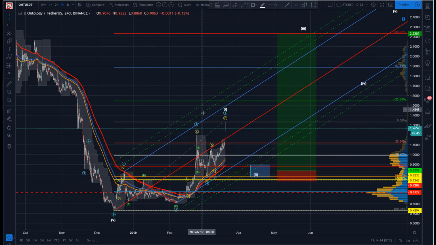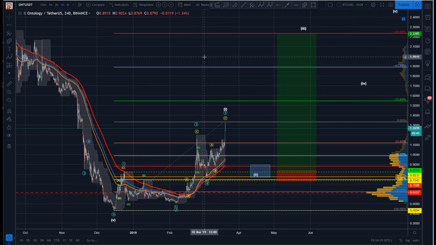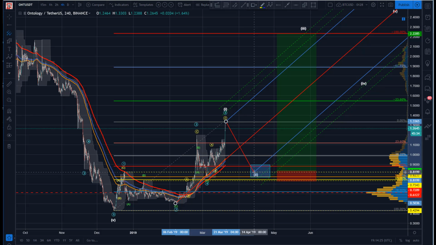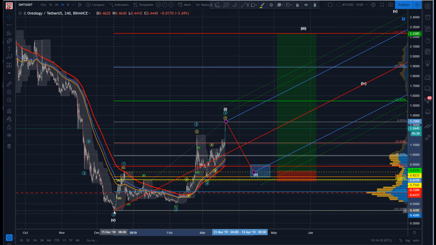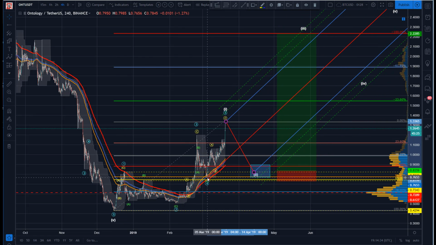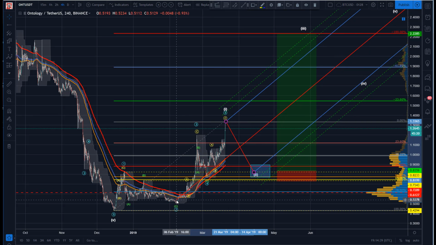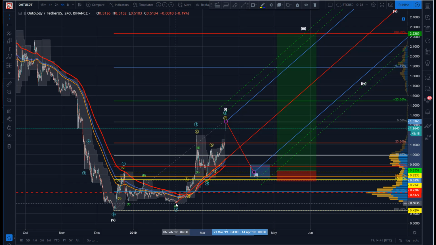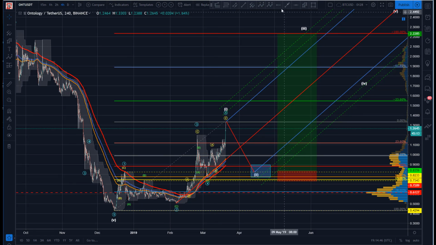Now, what I probably would do there is wait and redraw. Since this one realized to the tick, I'd wait for this. And I'd pull it from the 2. So if we're going to go here, I'd be looking for something like that. Just so I don't run out of the time factor here. That I might look at that too, but from this pivot here, there's a couple of different ways we could draw it. This wouldn't make as much sense because you'd have a double bottom here, so I'd want to use the lower pivot here. So potentially coming down for a corner pocket with all of this potential here,